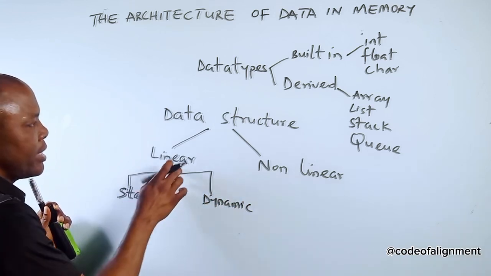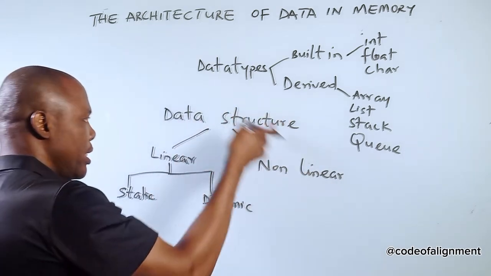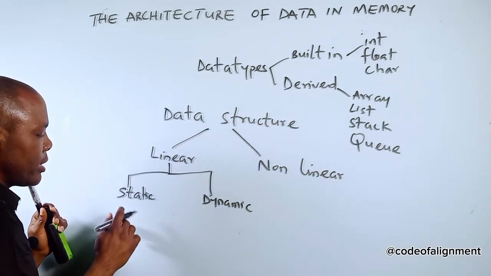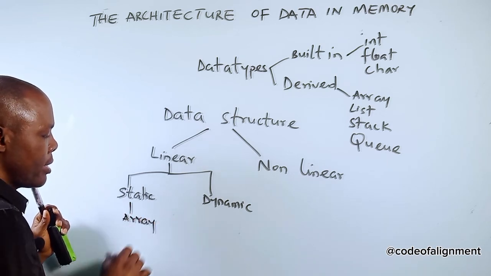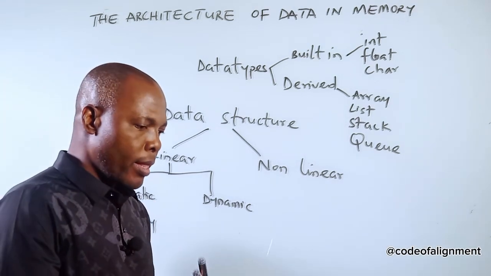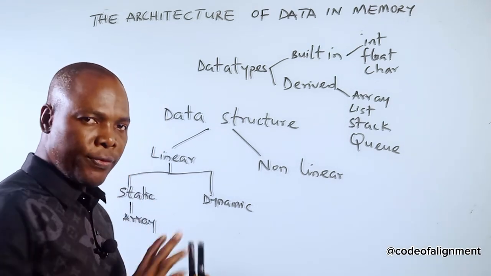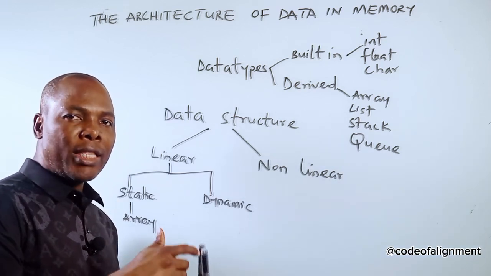So we have static linear data structure and dynamic linear data structure. Then non-linear data structure. So example of this static linear data structure, you are looking at what? Array, right? Now, why is it static? The memory is fixed and memory is usually allocated